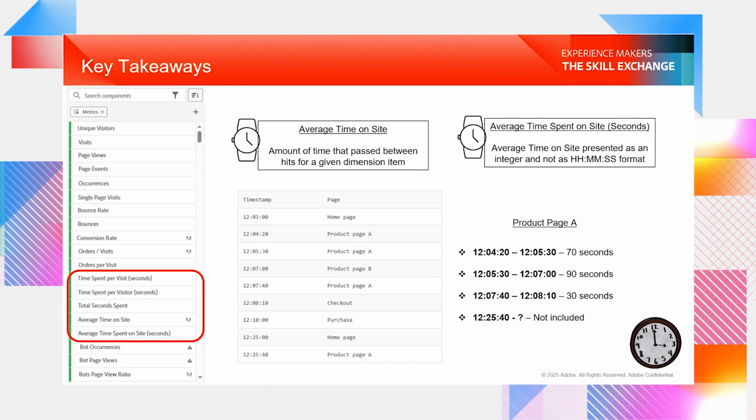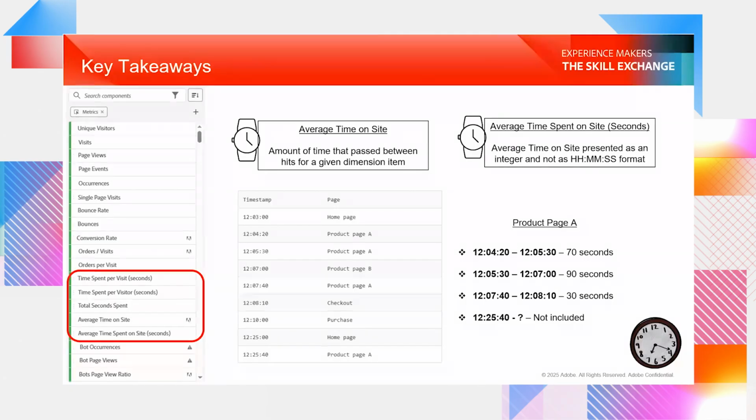There are still 2 other time-based metrics. Unlike the previous one that looks at average time per visit or visitor, the average time and average time in seconds both look at individual hits. So instead of summing up the amount of time spent over multiple hits in a visit or by a visitor, this gives you the average amount of time spent on each individual hit. But again, these need 2 time points to be able to calculate. So let's look at a